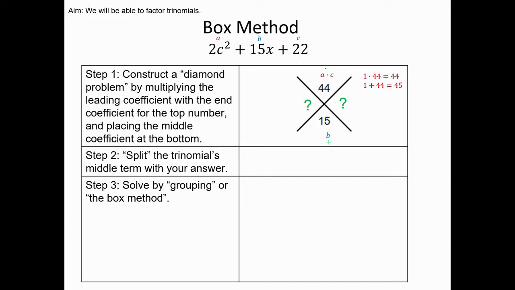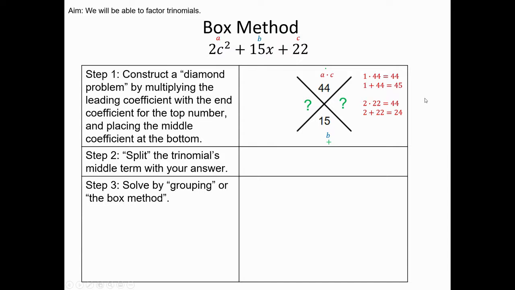What's the next number that can go into 44 besides 1? Would 2 work? Because 2 times 22 is 44. But then 2 plus 22 is 24. And that wouldn't work out for us either. You guys didn't see that mistake. Ignore that. Anyway, so far we know that these two combinations didn't work, and sometimes you have to try a